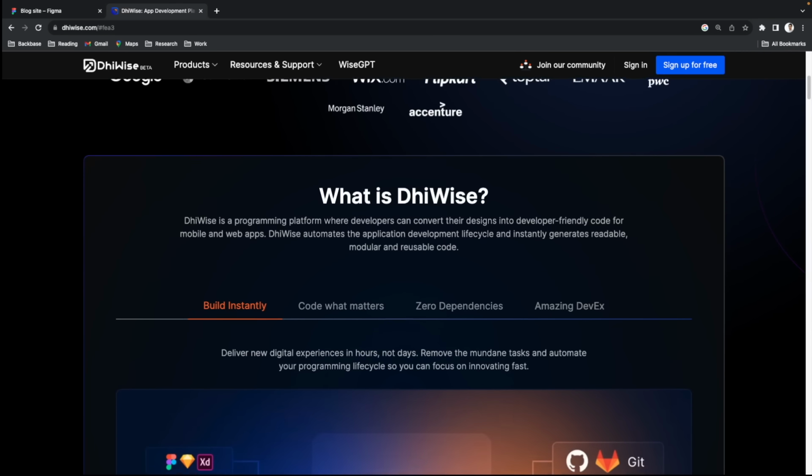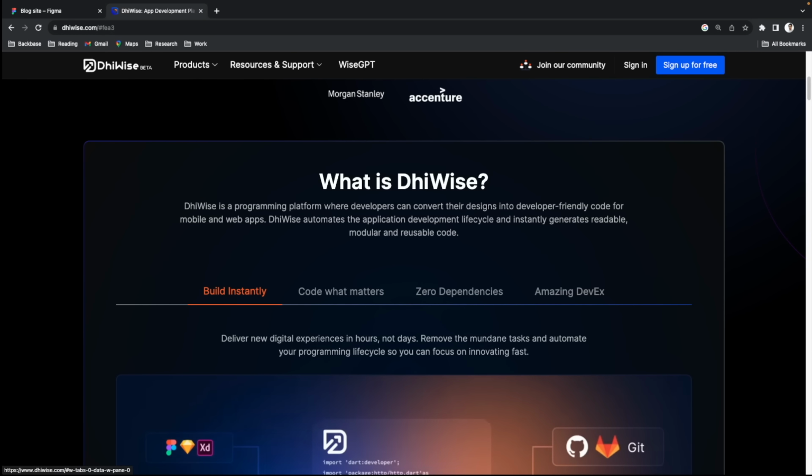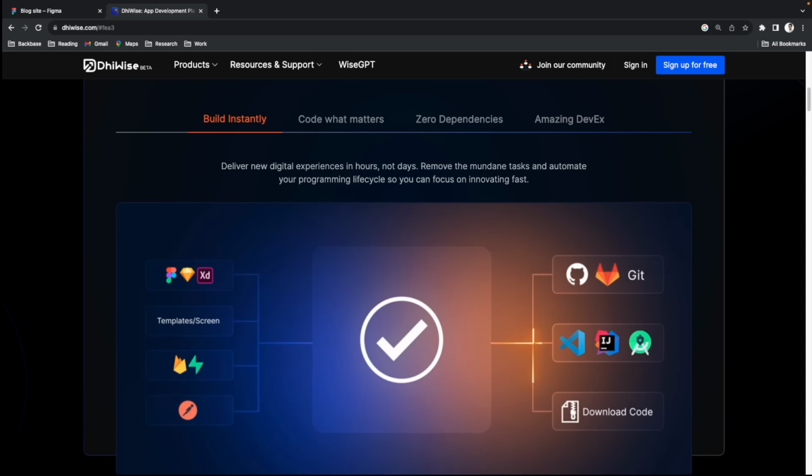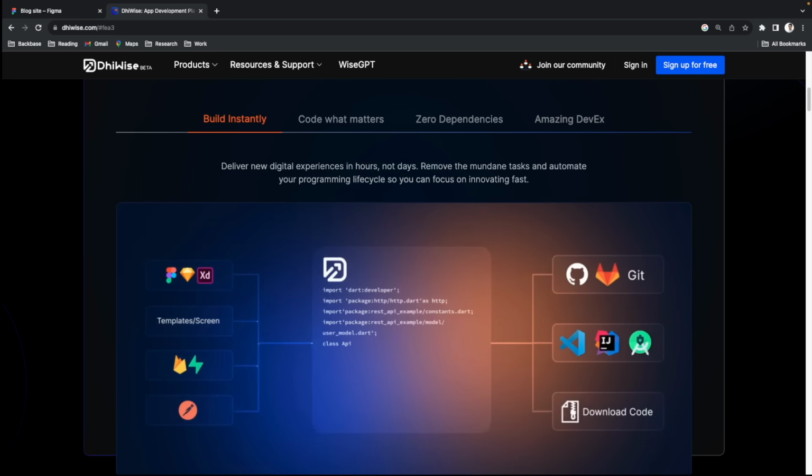It's a programming platform where developers can convert their designs into developer-friendly code for mobile as well as web apps. DhiWise automates the application development lifecycle. The platform goes through all the designs and generates readable, modular, and reusable code. So with this, we can instantly build applications. We can have the Figma design or a Sketch design. We can also use some of the templates they have already created. I'm going to show you everything, how we go from the Figma design to the full-fledged